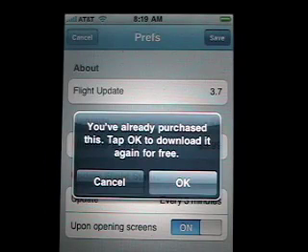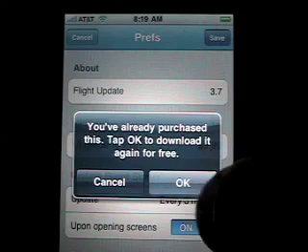Now once I've entered my password, in this case I get a message that I've already purchased this. Is it okay to download again for free? This was the message I was referring to before, where you can download the upgrade as many times as you'd like if you continue to delete your application and reinstall it, because the App Store knows that you've purchased it already. Once you've purchased the upgrade, you own it. So I'm just going to hit OK here,